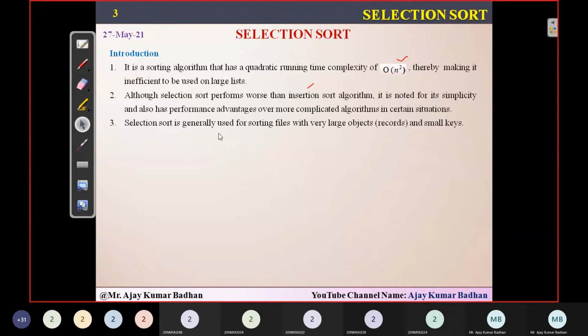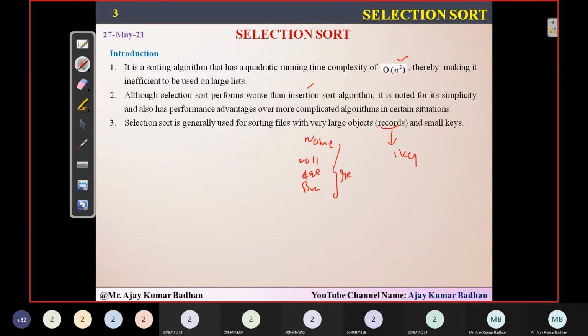So this is suitable only when we are trying to sort large objects with small keys. In the sense, you may have a lot of data, but that data will be in the format of records, and every record will have one key. For example, if I'm storing information related to you people, like your name, roll number, age, and which branch you are from, all this is a record.